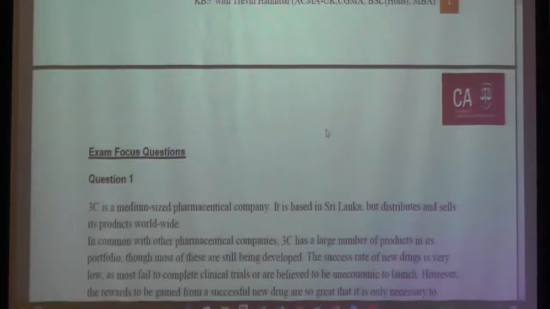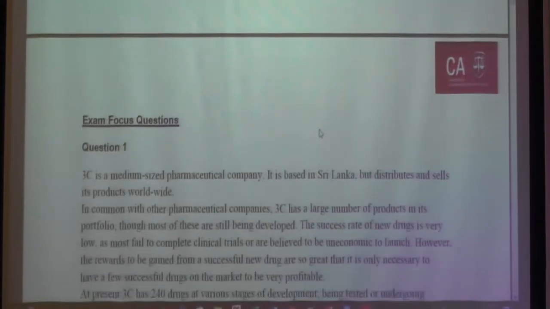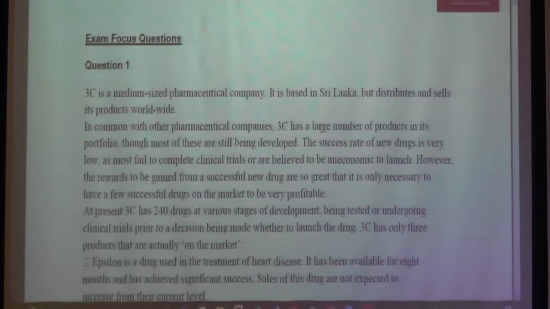It was a pharmaceutical company. Just to quickly recap what we did yesterday. Initially, yesterday we discussed the exam techniques, which is one area which I will not touch again. And then we discussed the first model, which was product life cycle. And then we went through this question. Just a quick recap. It's a pharmaceutical company,